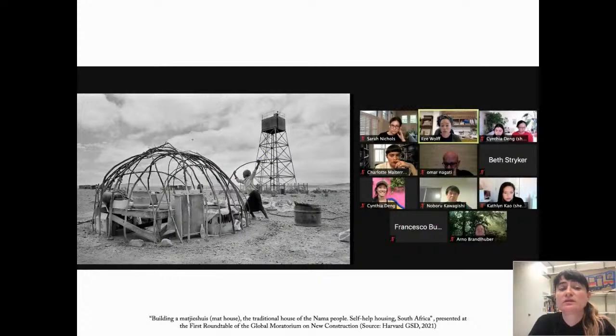Obviously, it's not about us, polluting privileged countries, ignoring contextual complexities and calling for a blanket policy. Discussing the moratorium, South African architect Ilse Wolff showed that image of a self-initiated construction, a woman building a matjiehuis, a mat house, the traditional house of the Nama people in South Africa, as a way to interrogate the validity of a global call. In some places, while housing is in high demand for marginalized communities and the existing stock